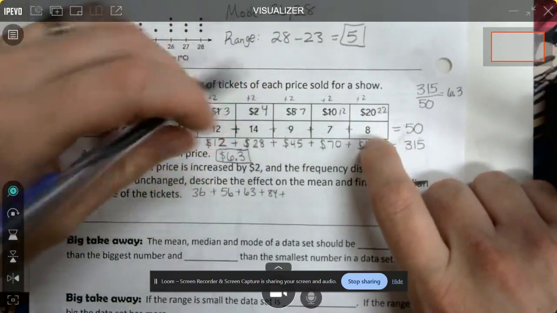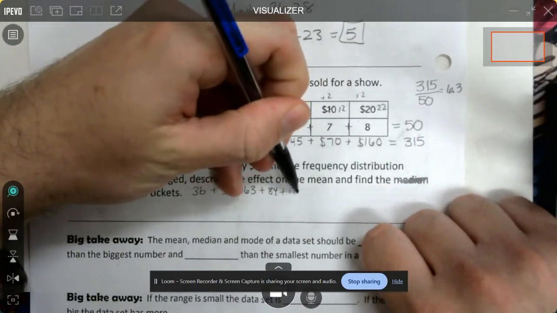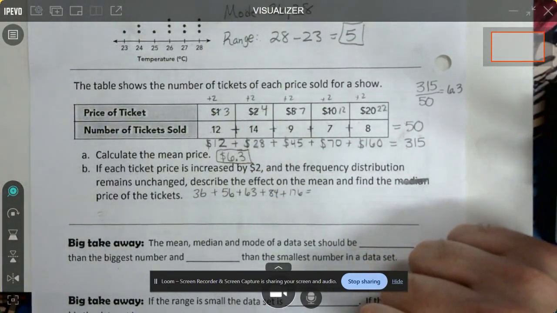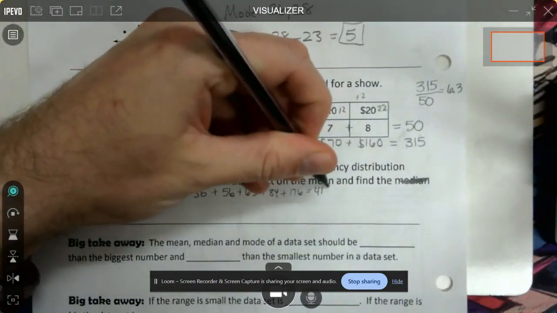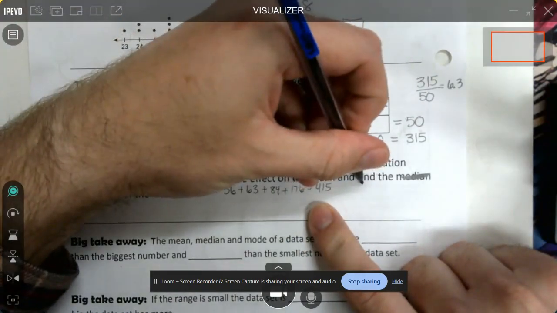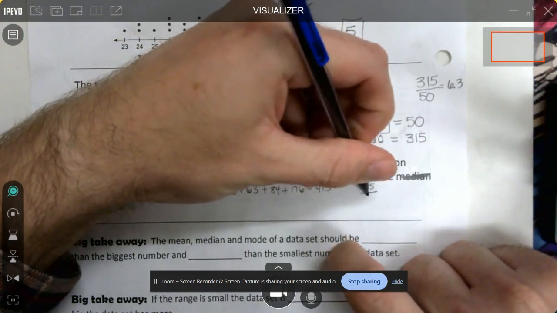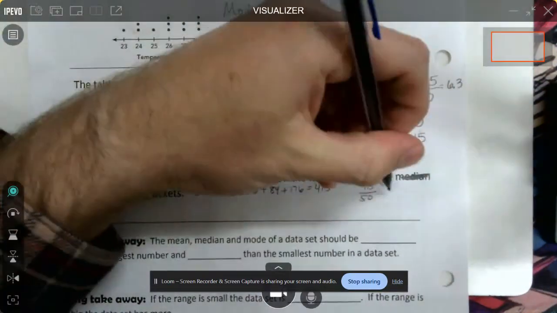And 22 times 8 is 176. So add all those up, and you get 415. Now we divide 415 by 50, because there's 50 tickets sold, and we get our new mean, which is